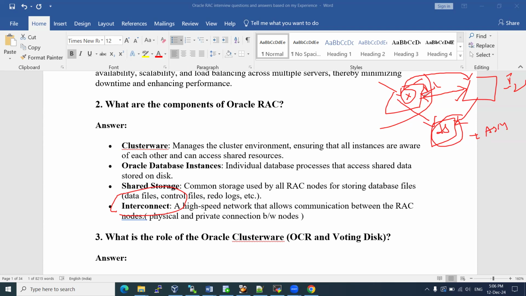So this storage we can access from here and here. That is one component in our RAC. And Oracle database instances. As I said, this is one instance on the server. Another instance, I can say, somebody will ask,